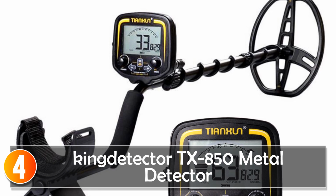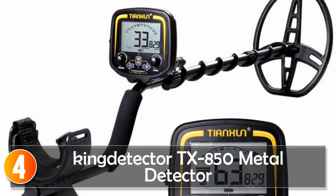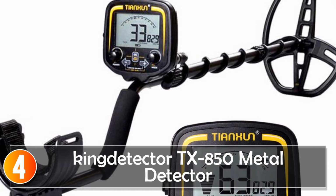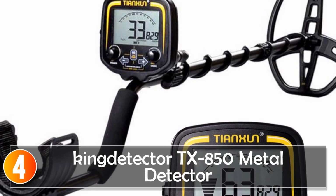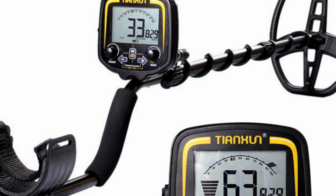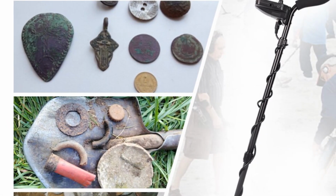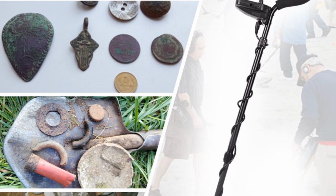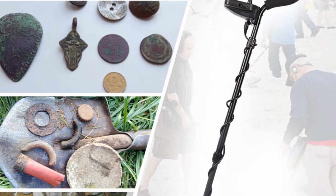At number 4, King Detector TEX 850 Metal Detector. Introducing the King Detector TEX 850 Metal Detector, a powerful tool that will take your treasure hunting adventures to new heights. With its advanced features and exceptional performance, this metal detector is a game changer for both beginners and experienced